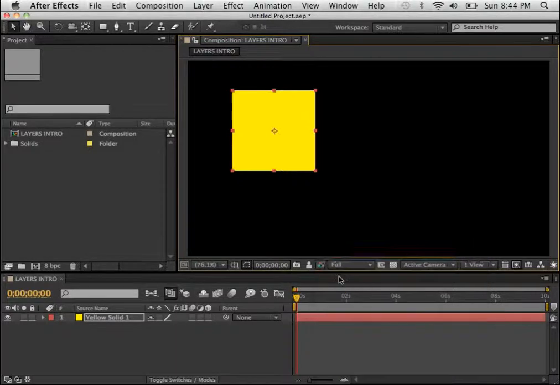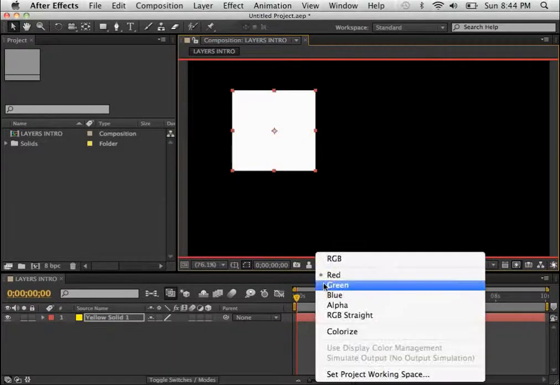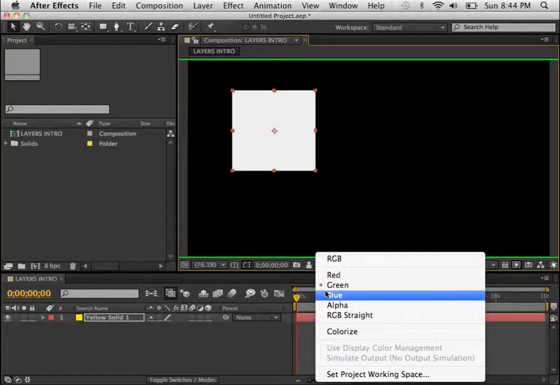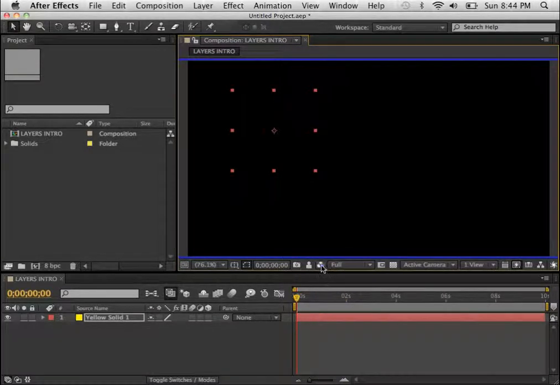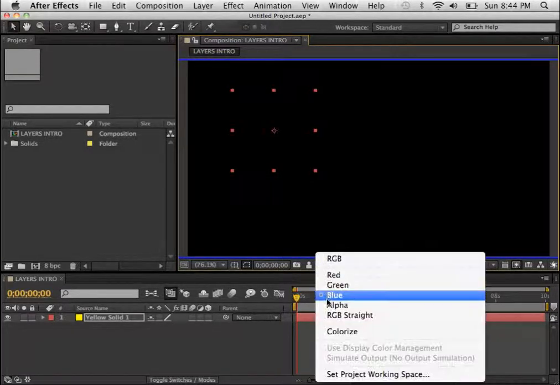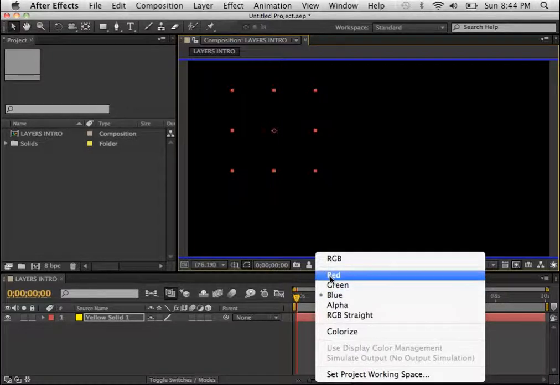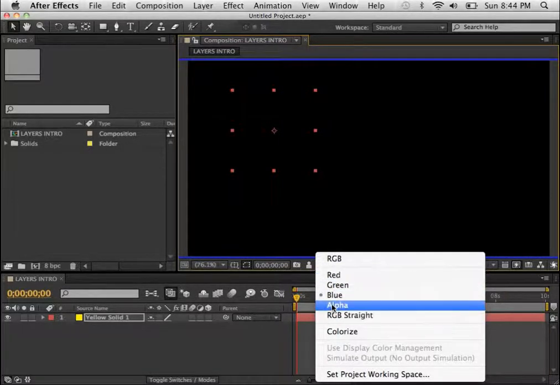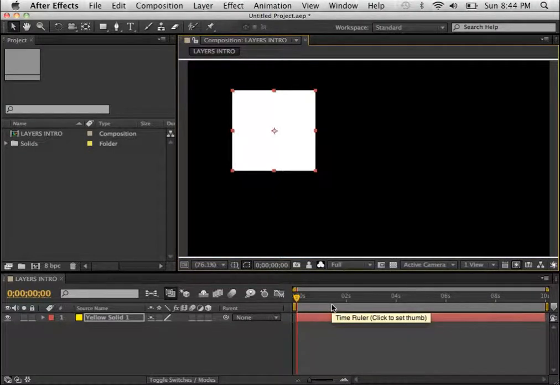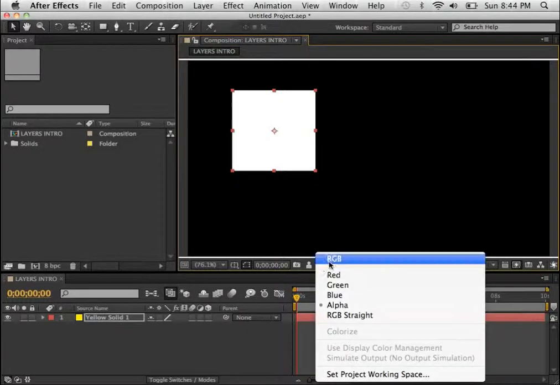If you just want to see the red channel, you can choose that. If you just want to see the green channel, it'll show you that. If you just want to see the blue channel, there's no blue in my yellow square. That's because red and green in an additive synthesis environment end up creating yellow. And then alpha shows you the dominant pixels on your screen. This is all stuff that you'll get much later, not very good intro stuff, so let's put it right back